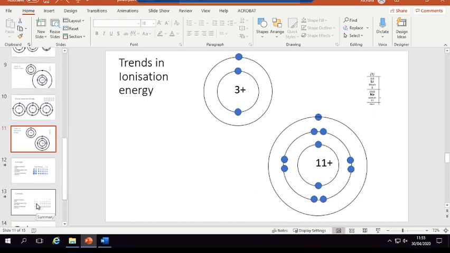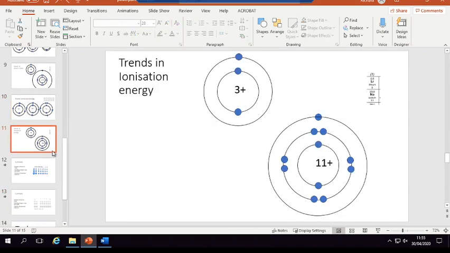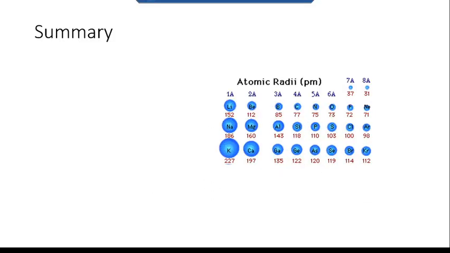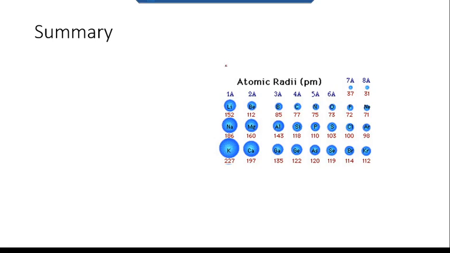So let's just add that. Bear with me, I'm going to add that onto there. There it is. Okay, so those are our trends. Your job is going to be to do a little summary. So you should be able to see this in your theory booklet, and I'd like you to be annotating it now. As we go across like this, what happens to those radii? Well, they get smaller,